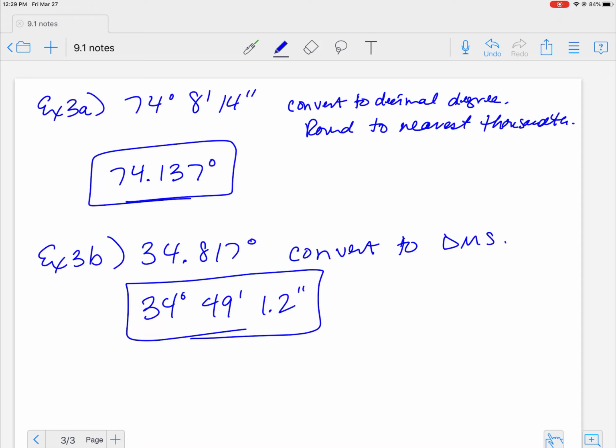If your calculator does this differently, get on YouTube and figure it out. Send me an email. I can help you, possibly. But most likely what I'm going to do is just